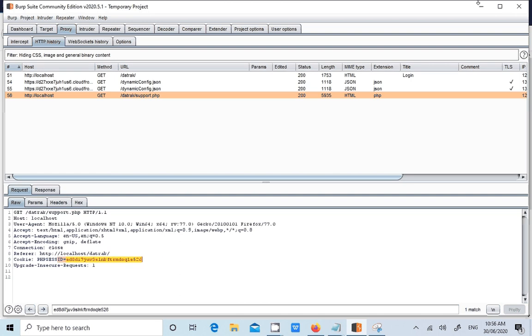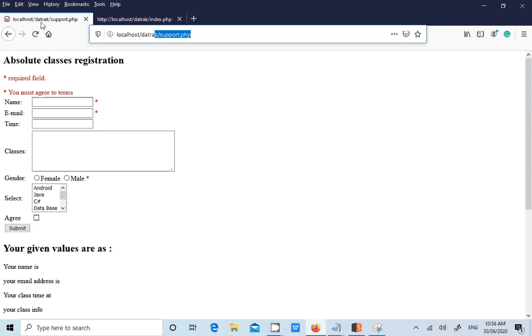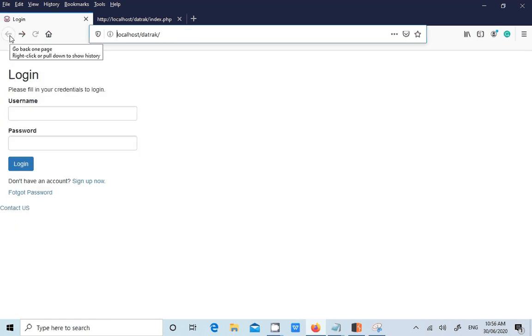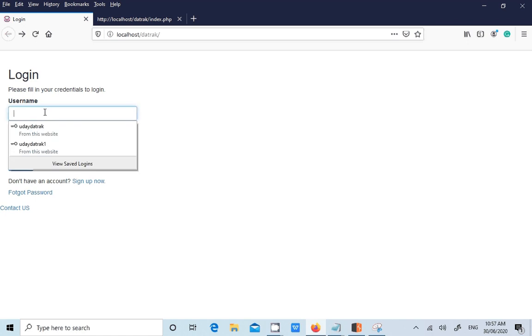As soon as you open a website, the session ID will be created. But for the website to understand that you are a particular user, what will you do? You will enter a username and password, right? Now let me create one.